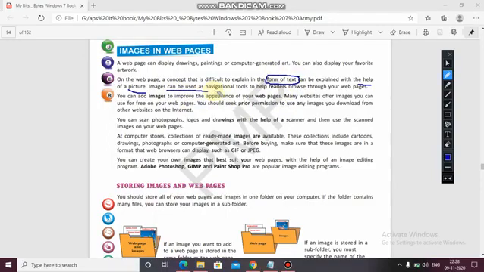Images can be used as navigational tools to help readers browse through your web pages. You can add images to improve the appearance of your web page, like you are changing the font sizes and font color, changing the appearance of your web page to make it more attractive.